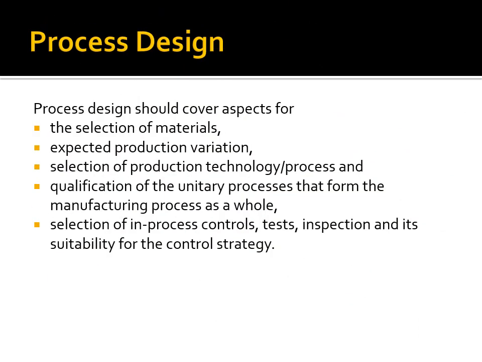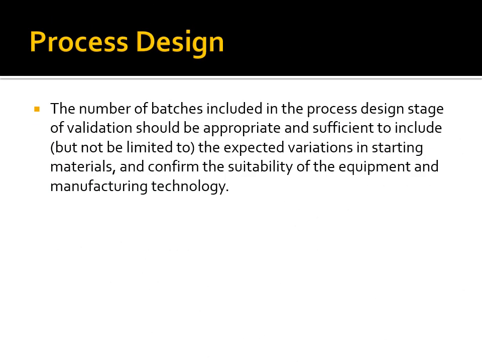Process design should cover aspects for the selection of materials, expected production variation, selection of production technology/process, and qualification of the unitary processes that form the manufacturing process as a whole, selection of in-process controls, tests, inspection and its suitability for the control strategy. The number of batches included in the process design stage of validation should be appropriate and sufficient to include, but not be limited to, the expected variations in starting materials, and confirm the suitability of the